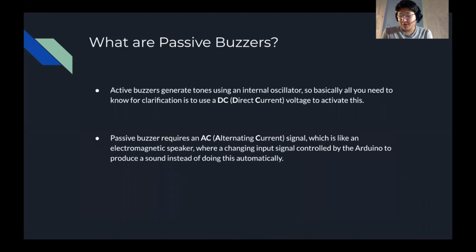Here's another difference between those two. An active buzzer will generate a tone using an internal oscillator. So basically, all that is needed is a DC or direct current voltage. For the passive buzzer, you need an AC signal to make a sound. That being said, the AC signal, also known as the alternating current signal, is like an electromagnetic speaker. In the electromagnetic signal, you control a changing input signal to produce a sound rather than producing just a tone